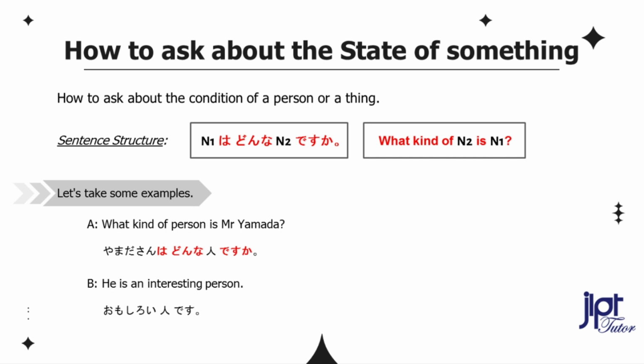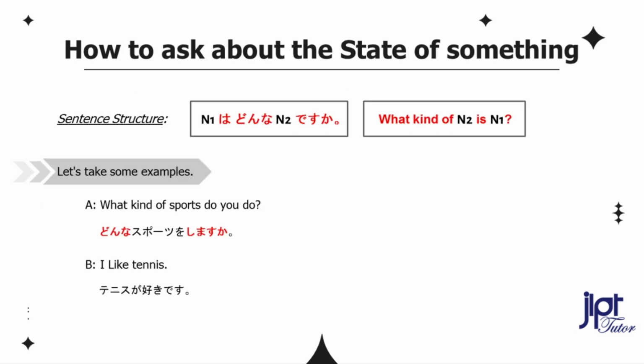Let's try to create an example sentence. What kind of person is Mr. Yamada? He is an interesting person. 山田さんはどんな人ですか？面白い人です。 What kind of sports do you do? I like tennis. どんなスポーツをしますか？テニスが好きです。